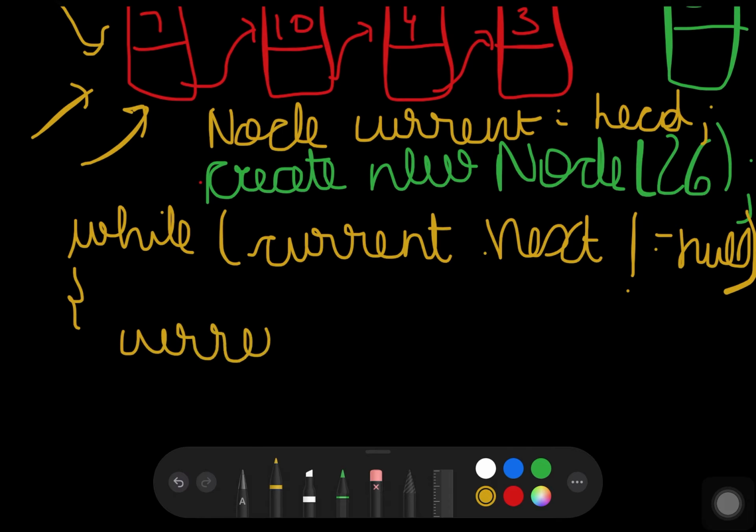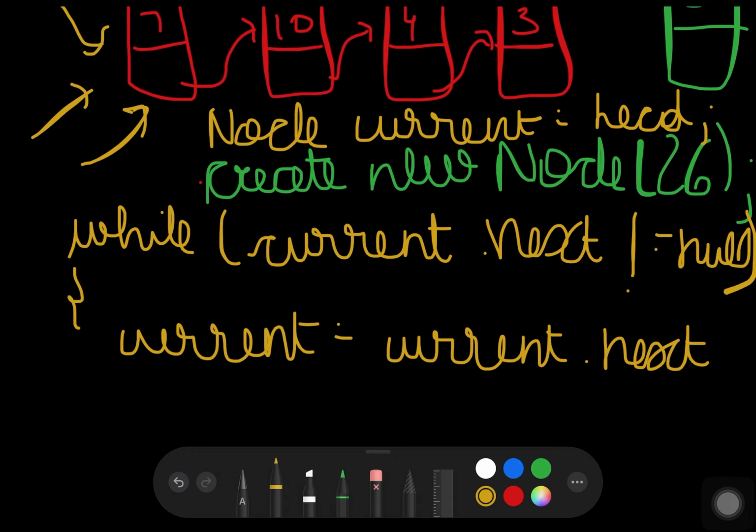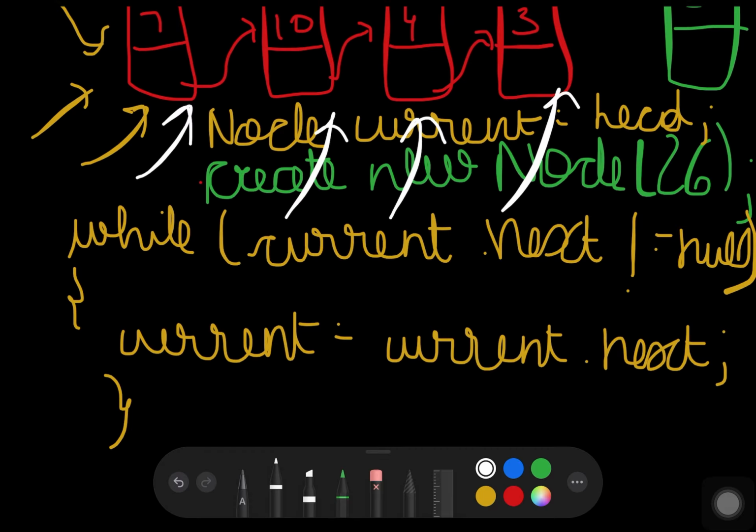On writing current is equal to current dot next, this current pointer will move from here to here to here till here. We are moving this pointer till here because we want to add 26 at the end of the linked list.